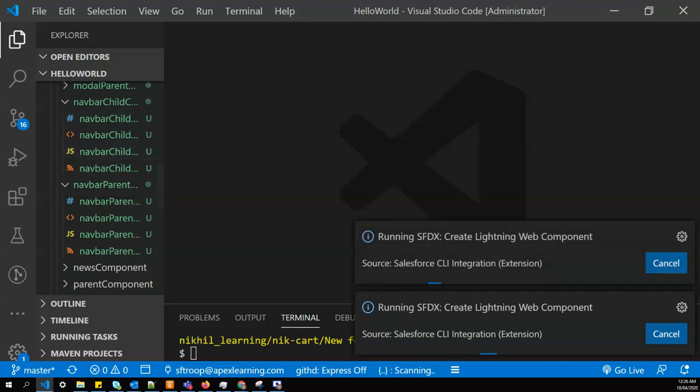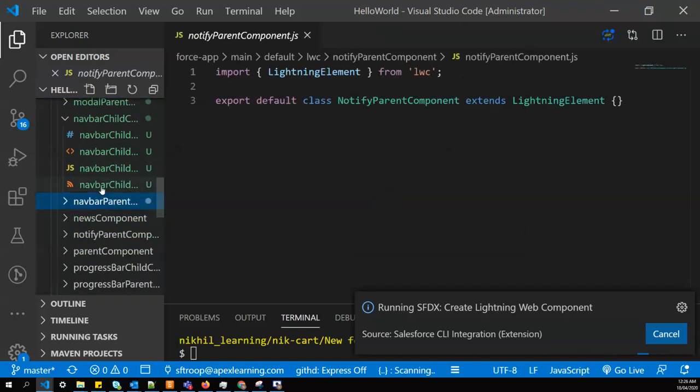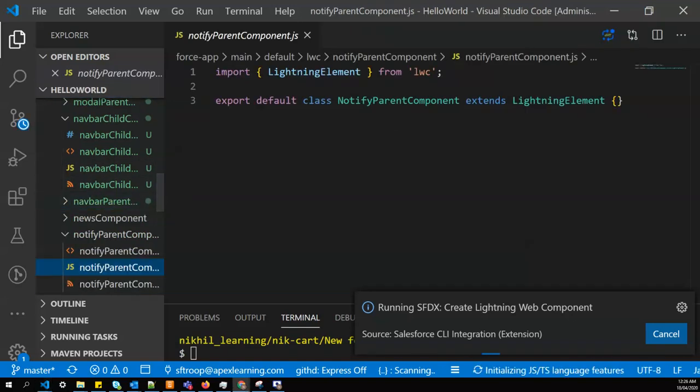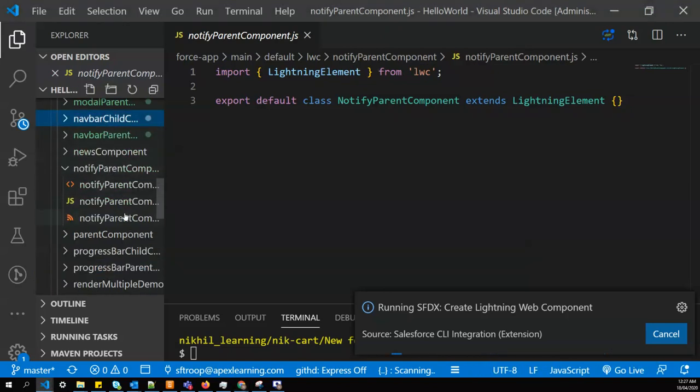Same default path. So my parent component is ready.